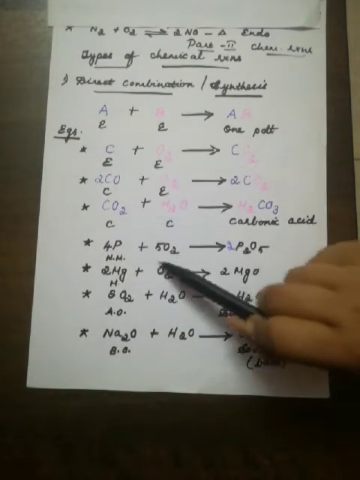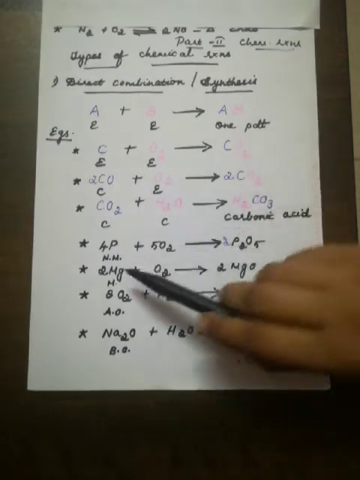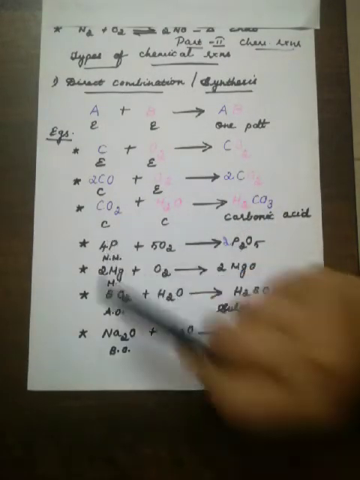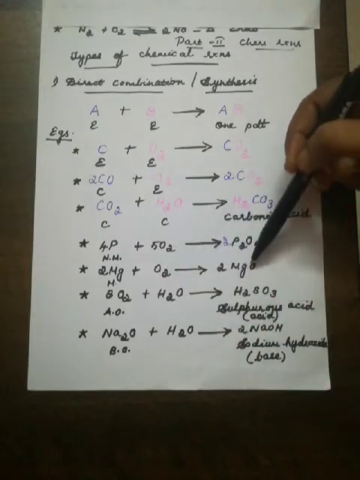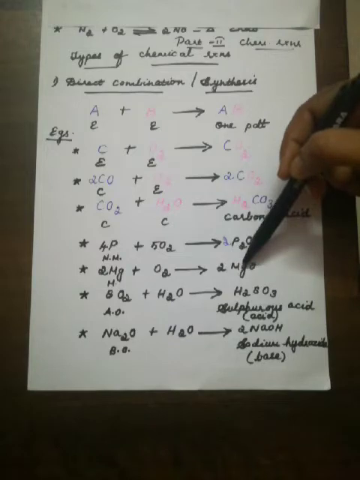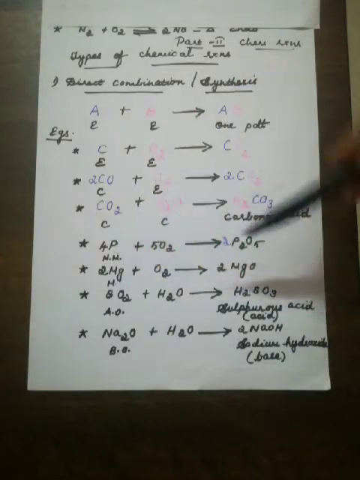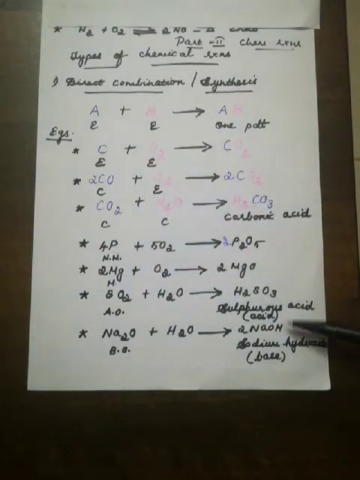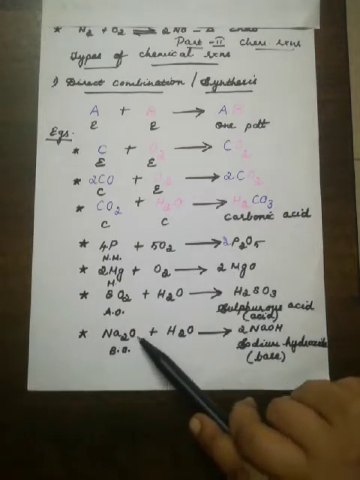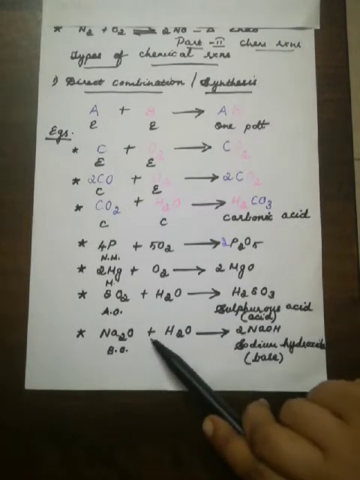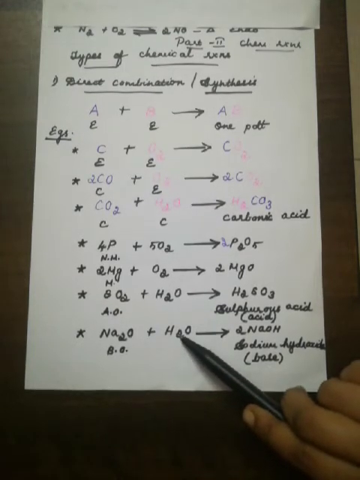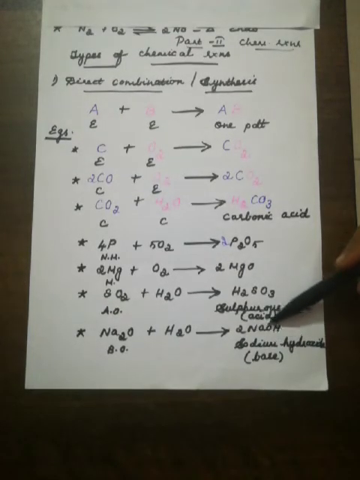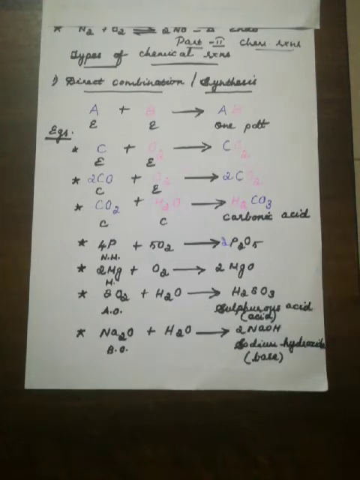On this side also write 5, that is 10. Now phosphorus is 4 here, and on this side also 4. Now oxygen is 2 here, and on this side also you can write it as 2. Now magnesium becomes 2. The next equation is a self-balanced equation. The other one: 2 sodium, 1 plus 1. If a plus sign is there, it is understood we have to add the number of atoms. Plus, that is 2 hydrogen. So 2 Na, 2 oxygen, 2 hydrogen.